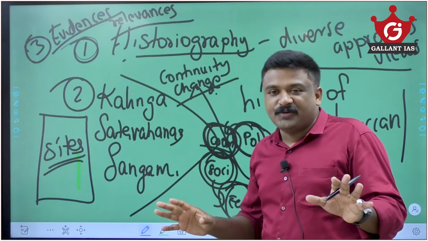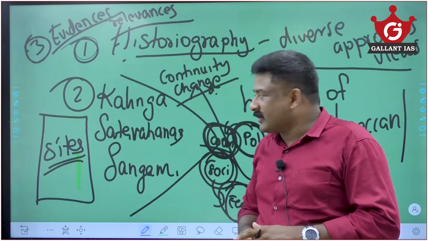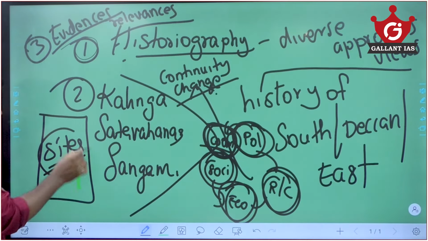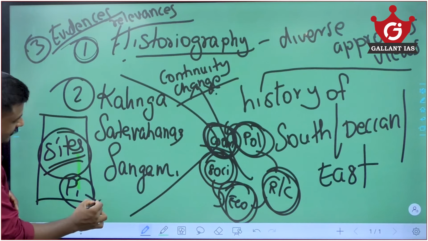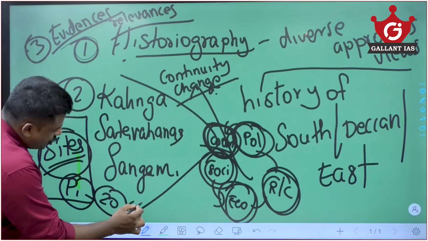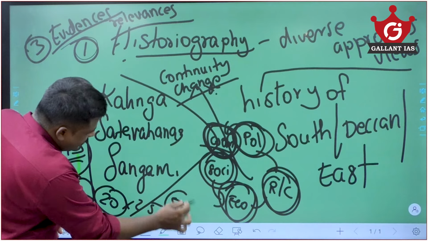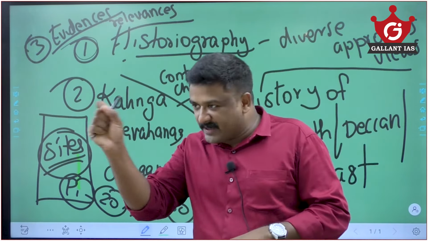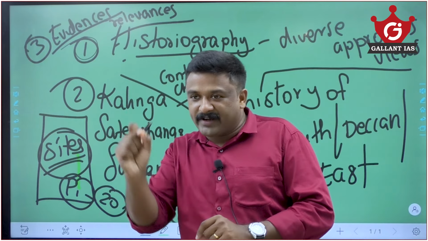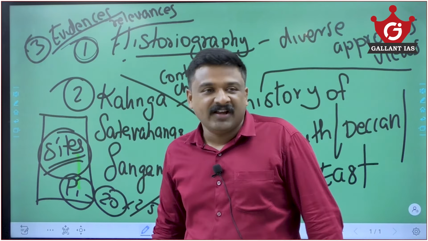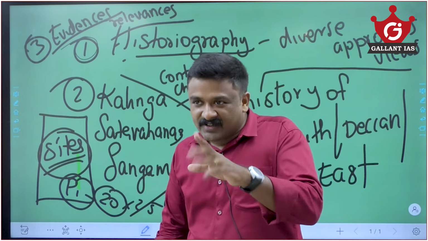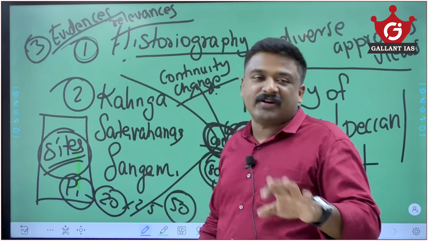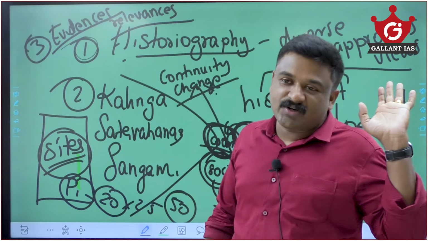Is this over, all of you? All of you done this? Okay. Because sites, you know that sites are also important for us, because in Paper 1 we have 20 questions into 2.5, that is 50 marks. On a plain map or political map or physical map, the sites are marked with clues. You have to identify and write a short description on the identified site. Am I right? Objective question. So here, covering all these modules, along with each we will cover the important sites also. Aisa hona chahiye.